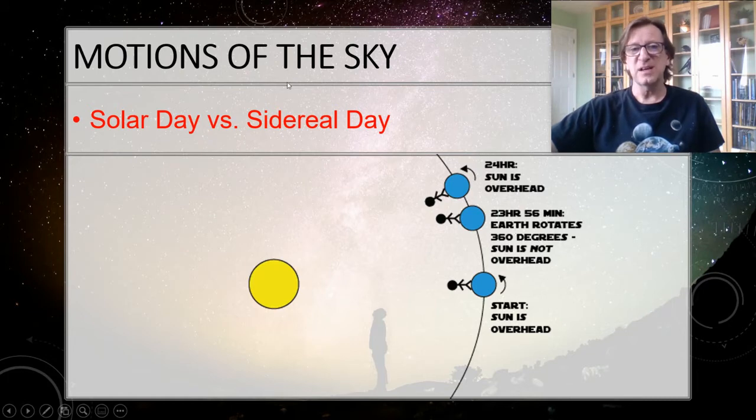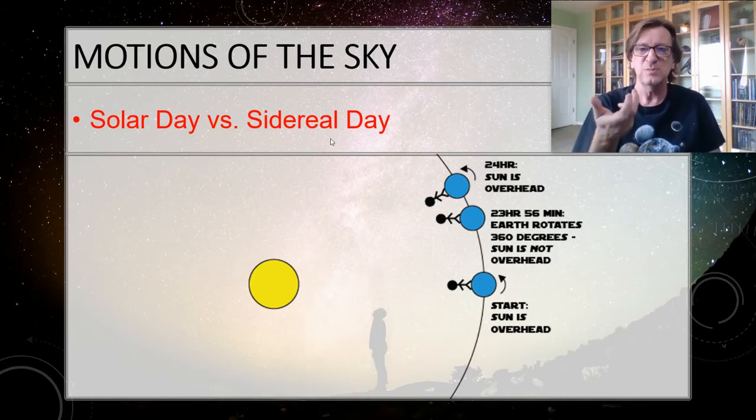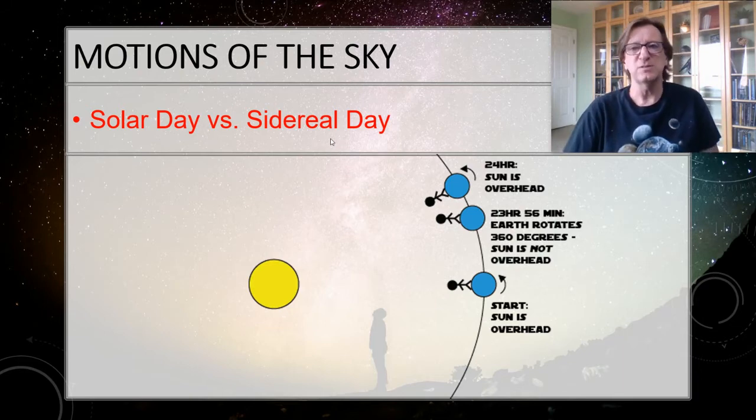But, the thing is, guys, that the solar day is really just an illusion. It's based on where you are, the fact that you're standing on the surface of the planet. The sidereal day is real. So in this class, when we're talking about rotations and how long it takes something to go around or how long it takes it to spin, we're talking about the sidereal time because that's what's real. I mean, here's one I want you to think about. Here's a little puzzle for you.